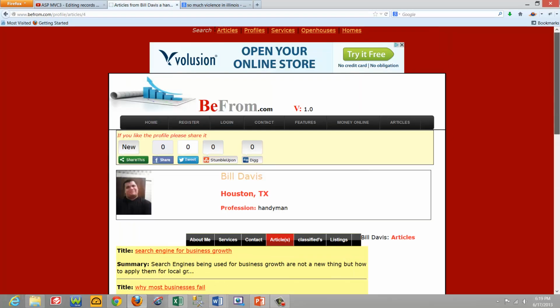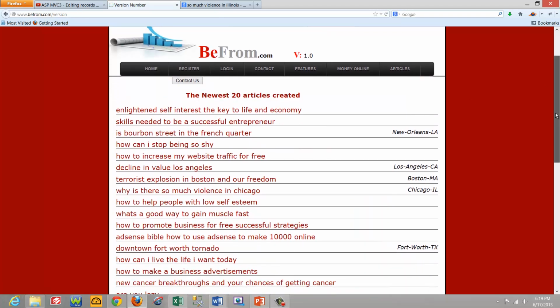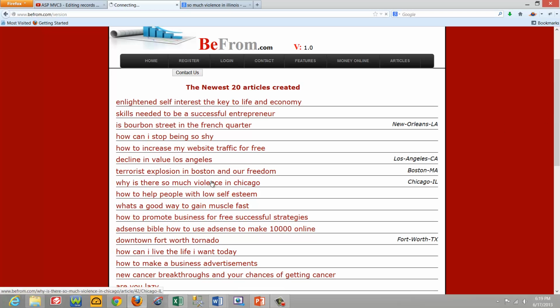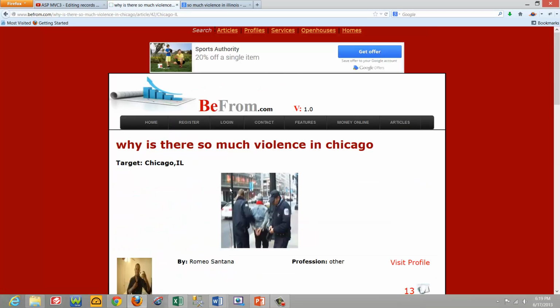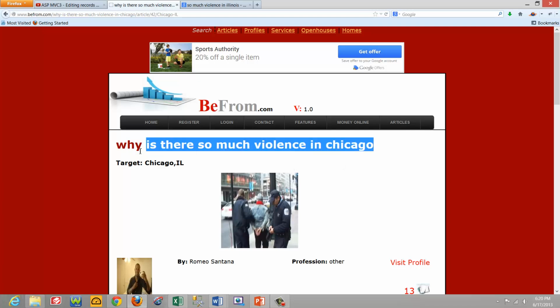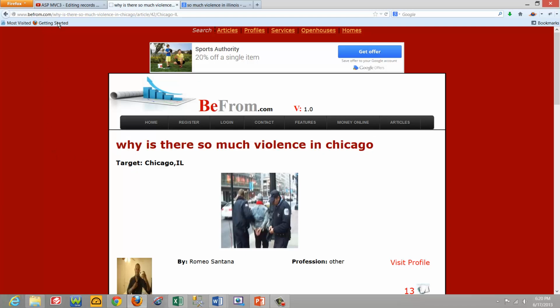And let's go to the article so you can see some very important things that you should be doing so you can rank higher with every single article that you create. Okay, so here's the first thing, the title. Why is there so much violence in Chicago? And if you look up top, it has the same title here in the URL. This is what you call an SEO friendly URL, and this is what you want to do,